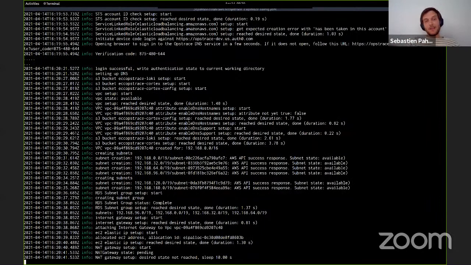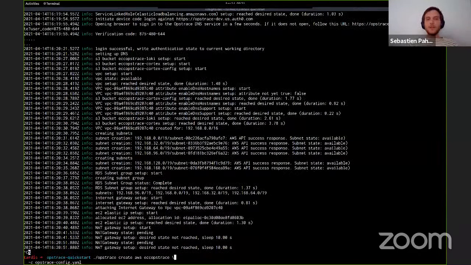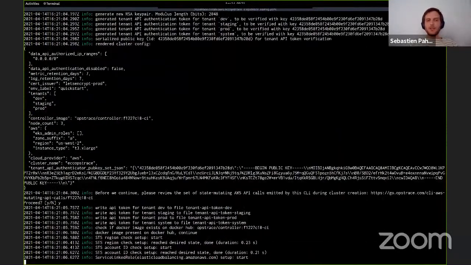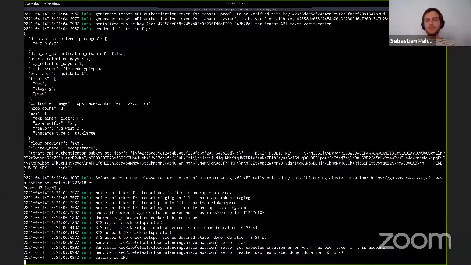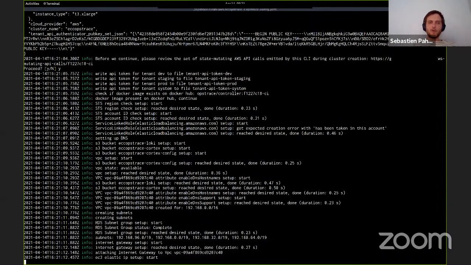Now what you're seeing is basically a log of the cluster getting created. We start, obviously, with all the AWS resources that are needed to create this. The CLI is entirely reentrant. If I Control-C this and start it again, it'll just go back to where it needed to be done. You'll see that I'm not going to get queried for DNS because DNS has been set up, and we continue where we left off.